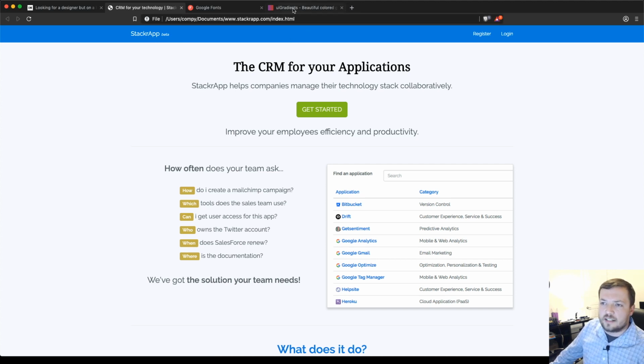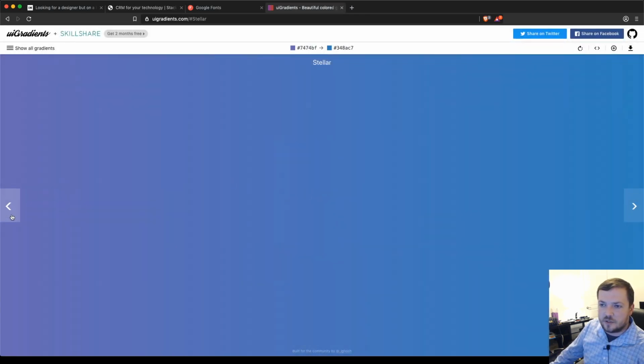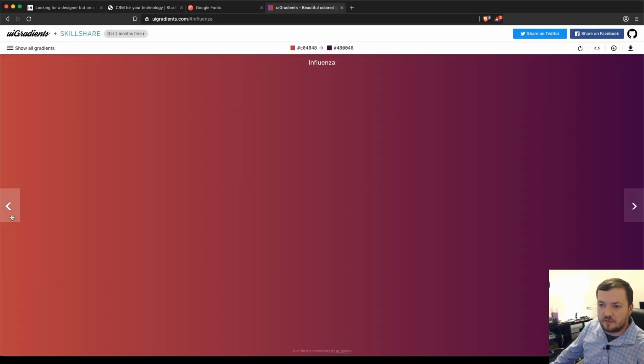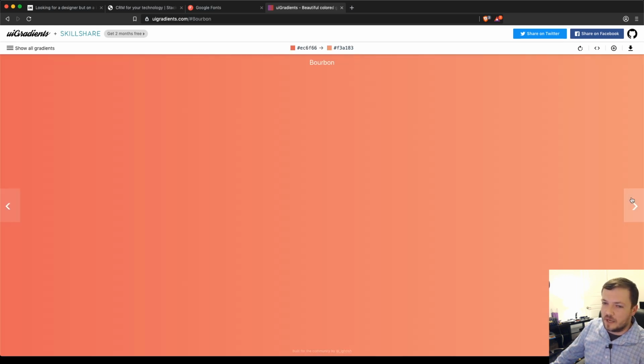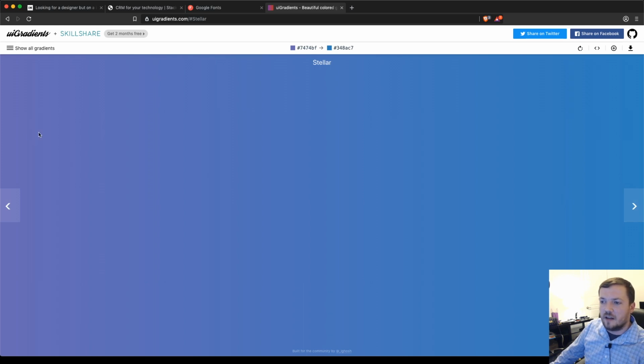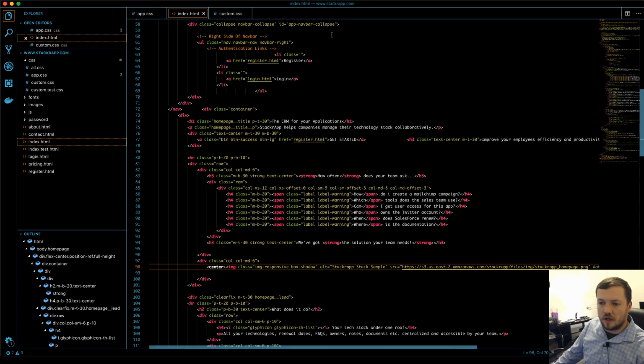So one tool that I tend to like to use is a tool called UI gradients. You can flip back and forth through a ton of different CSS colors and copy these gradients directly into your CSS. I think a gradient might look really good with your header bar to really separate it. It doesn't have to look so flat. Bourbon might be a little bit too crazy for you. However, Stellar is a really nice subtle bluish purplish fade, nice and progressive. Let's go ahead and snag that CSS here